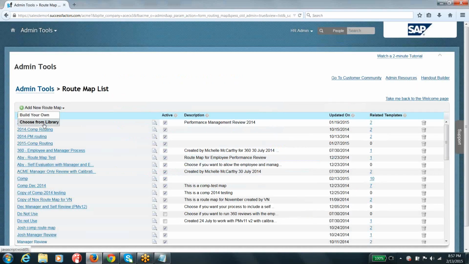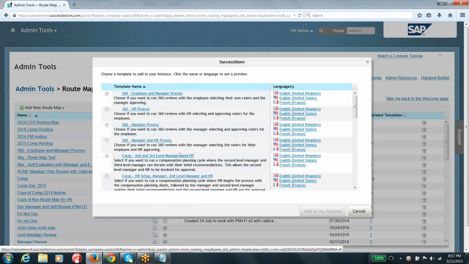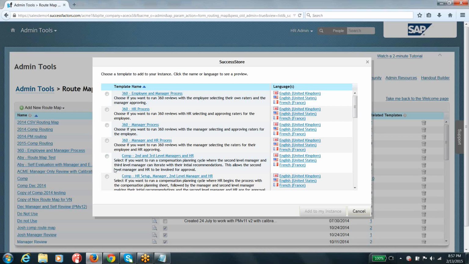Go to these things, choose from the library, and these are all the standard SuccessFactors provided roadmaps. Let's say you are interested in adding a roadmap of the compensation module. Here you can see the description will tell you whether this roadmap will meet your requirements or not.